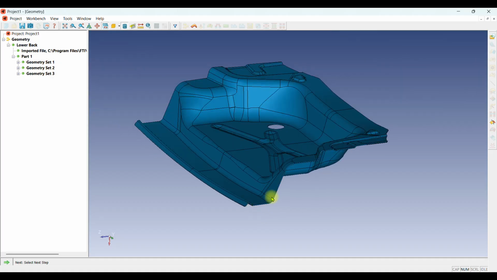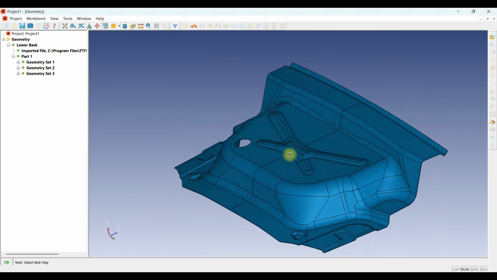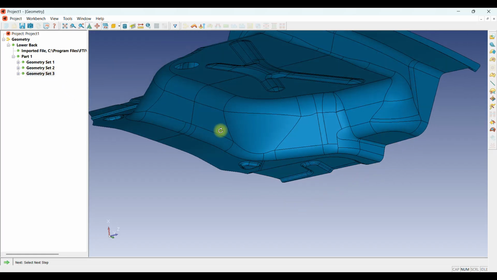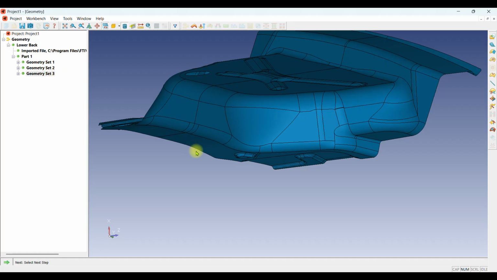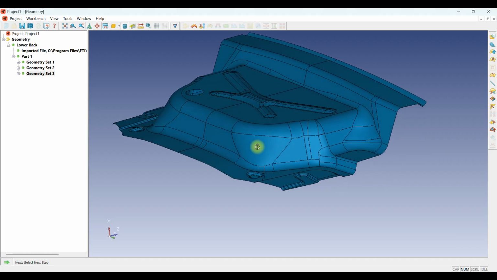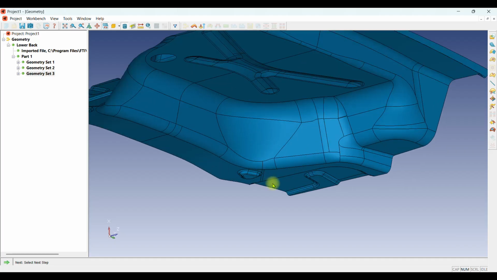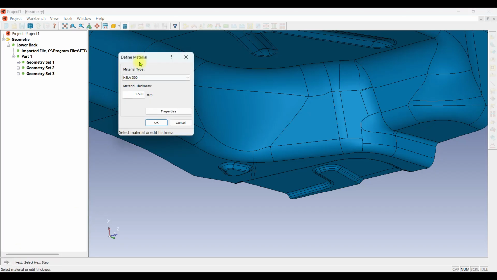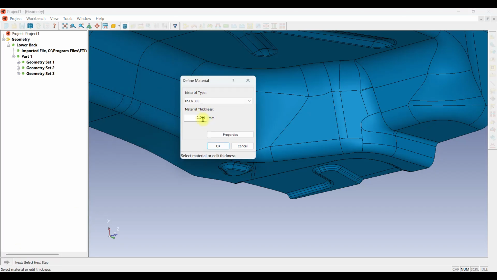Now in here for the simulation, I will use only one surface. Maybe I will just use this geometry set 3. It doesn't matter whether you use geometry set 1 or set 3 because the thickness is automatically read by the FTI. The thickness direction will not be asked by FTI. So we do not need to assign the direction of the material thickness. So in here, I'm going to use geometry set 3. And then next, I'm going to define the material. Now you see in here, the material thickness is automatically put in